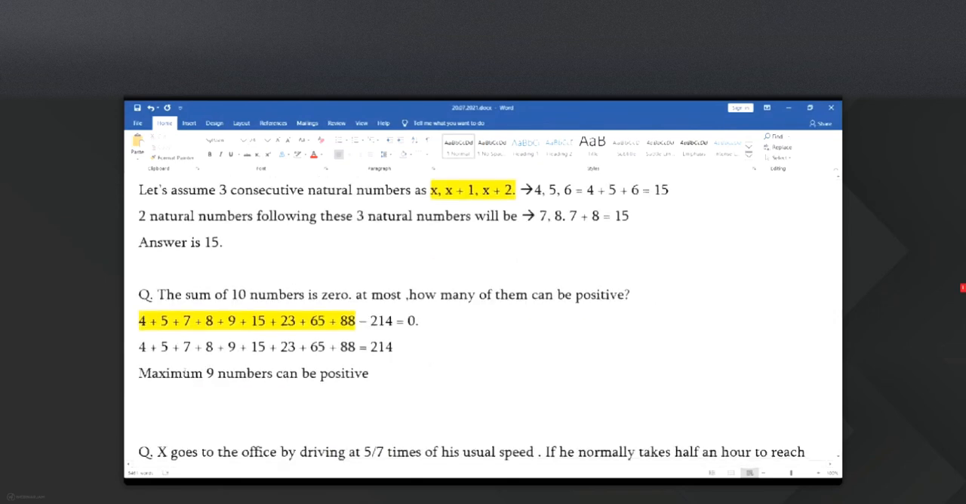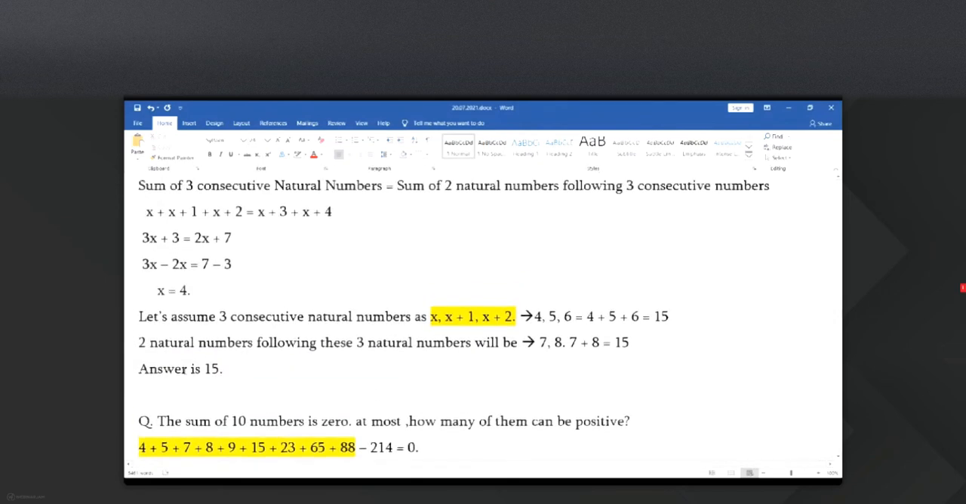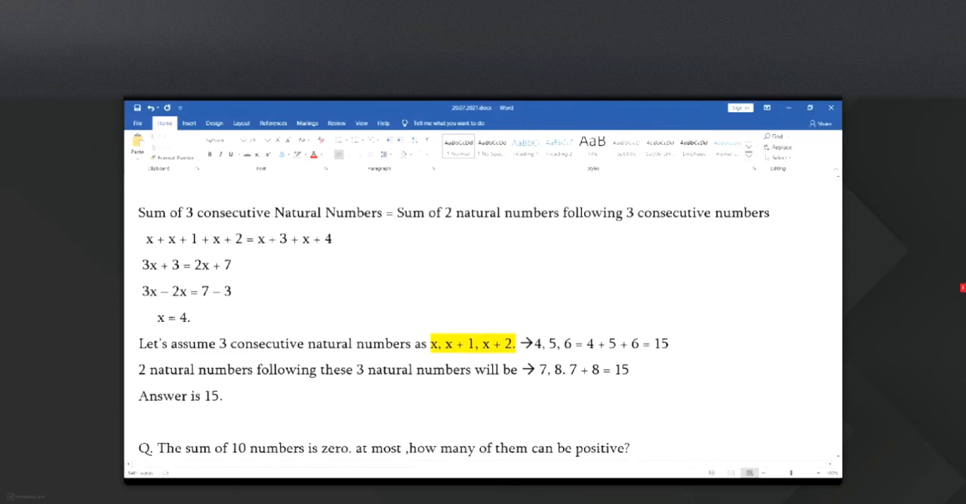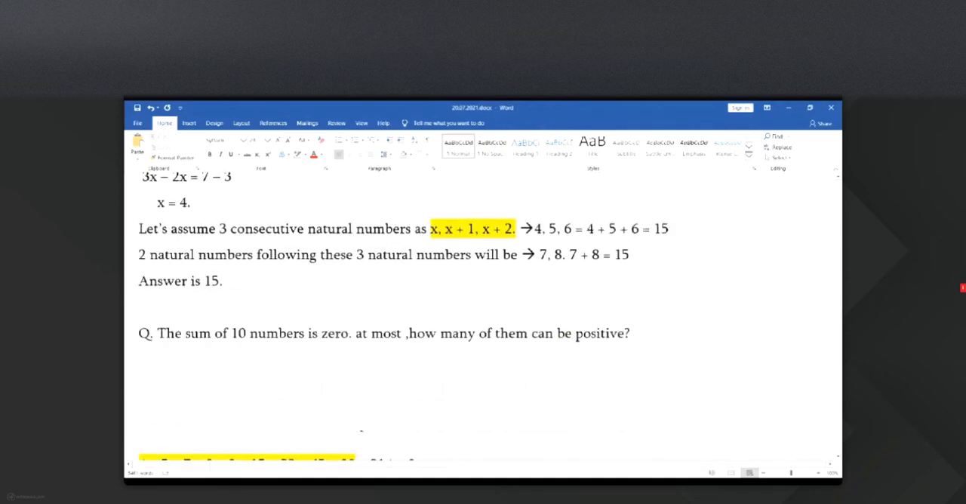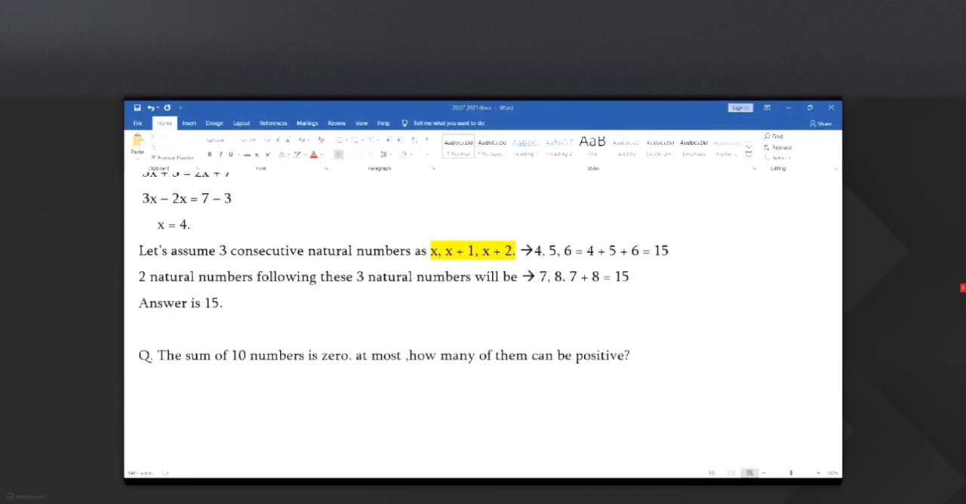Now, this question, just try this, then we'll make a